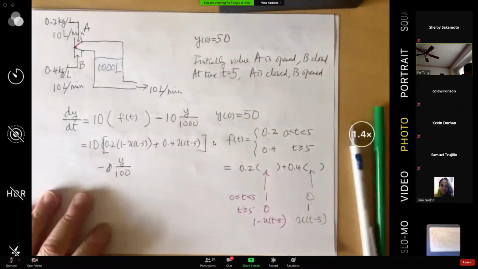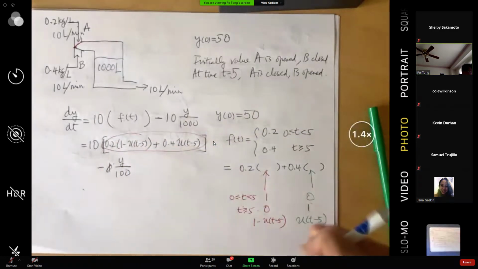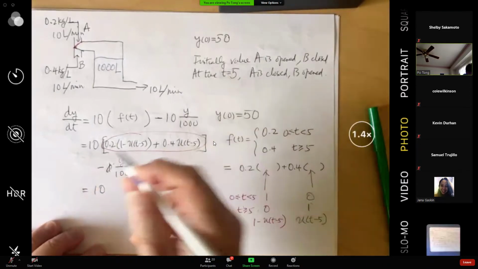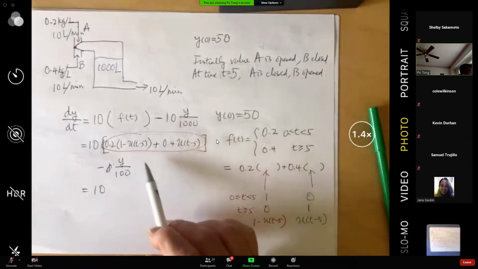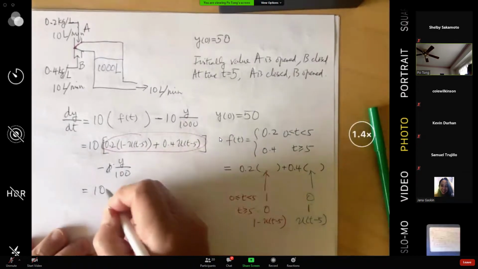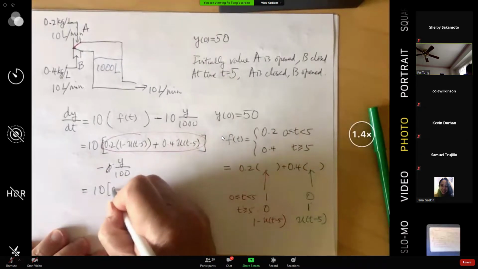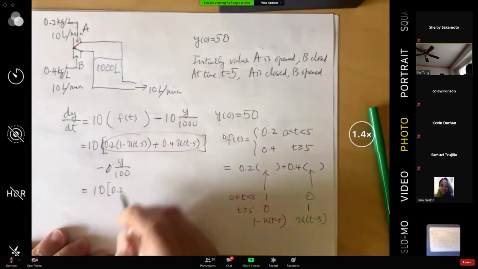This guy can be simplified. It is u(t minus 5) times how much? Positive 0.4, negative 0.2, right? So it's 0.2 this term plus